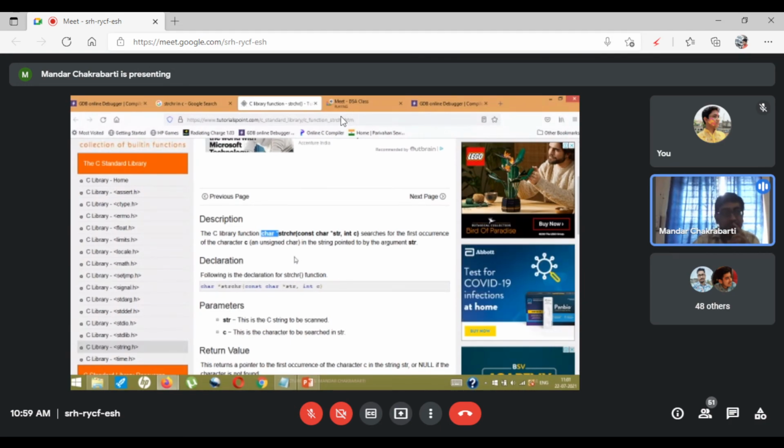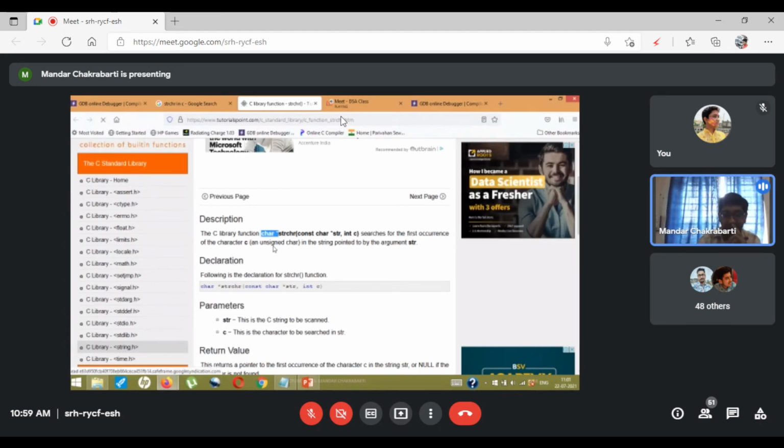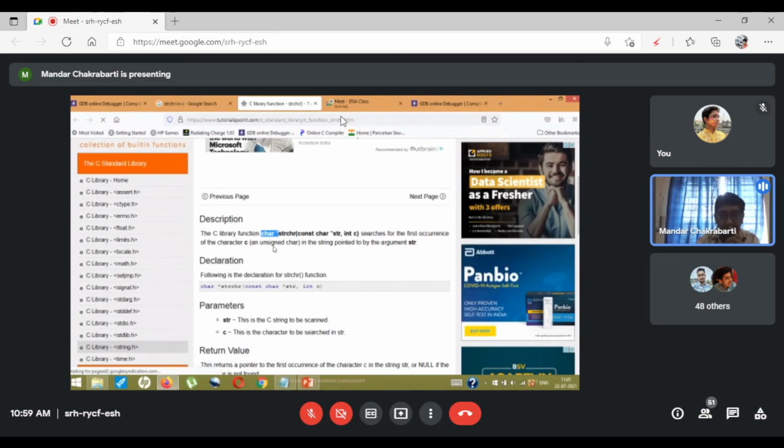It would have been easiest for us if they had returned an integer, say the index number, but we cannot do anything. The C programming language has been built that way. This is an inbuilt function, and it returns a character pointer.